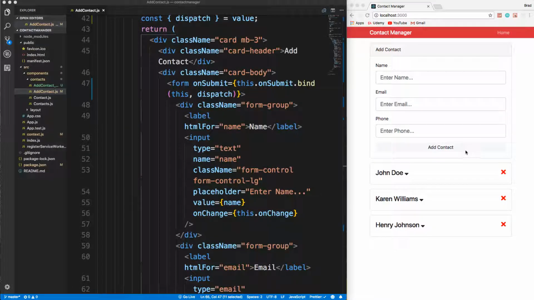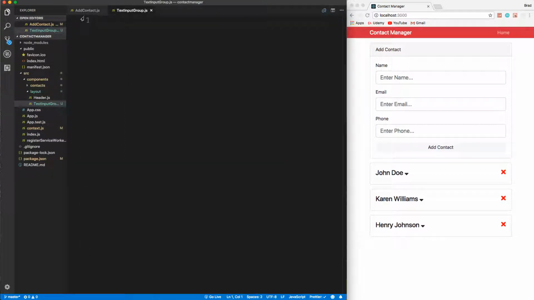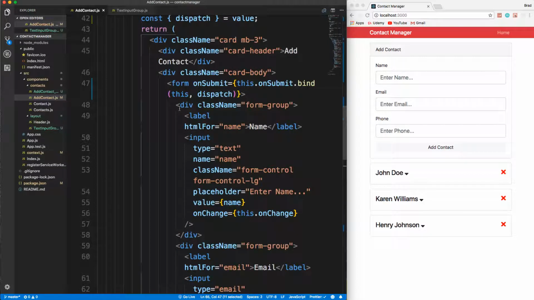All right, in this video, we're going to create a text input group component for each of these fields right here. So I'm going to put this in the layout folder. So inside components, inside layouts, let's create a file and we're going to call it TextInputGroup.js. Not just text input, because it's going to be the whole group, including the div with the class of